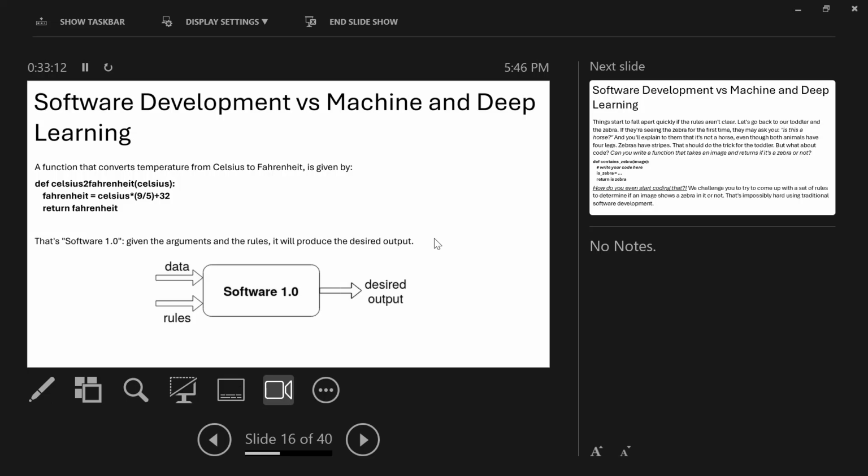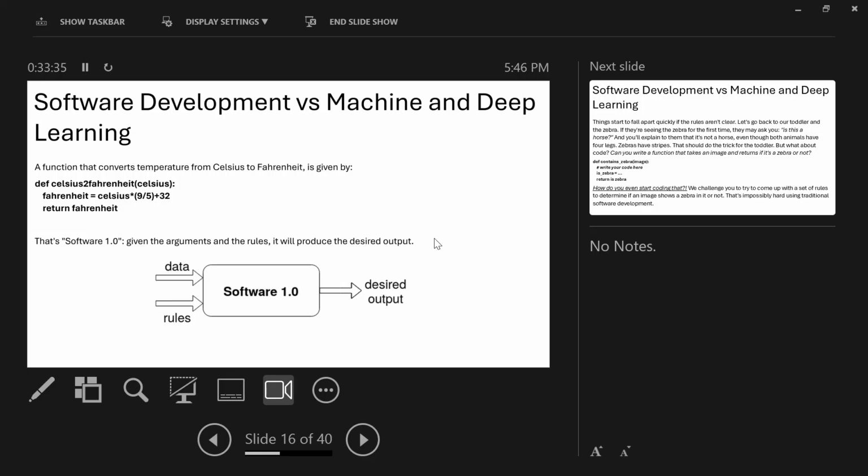Before we round up for today, I want to go into the difference between software development and machine learning or deep learning. One thing you should note is that machine learning is different from traditional programming.